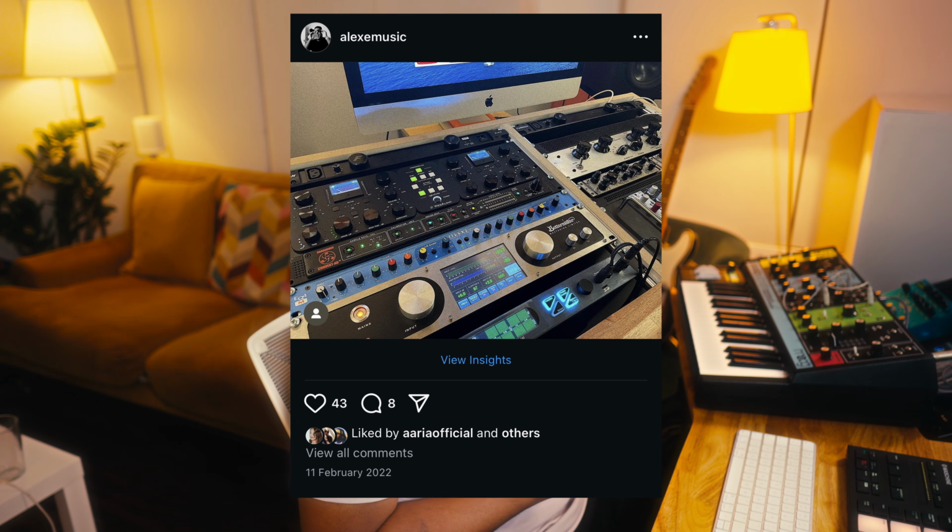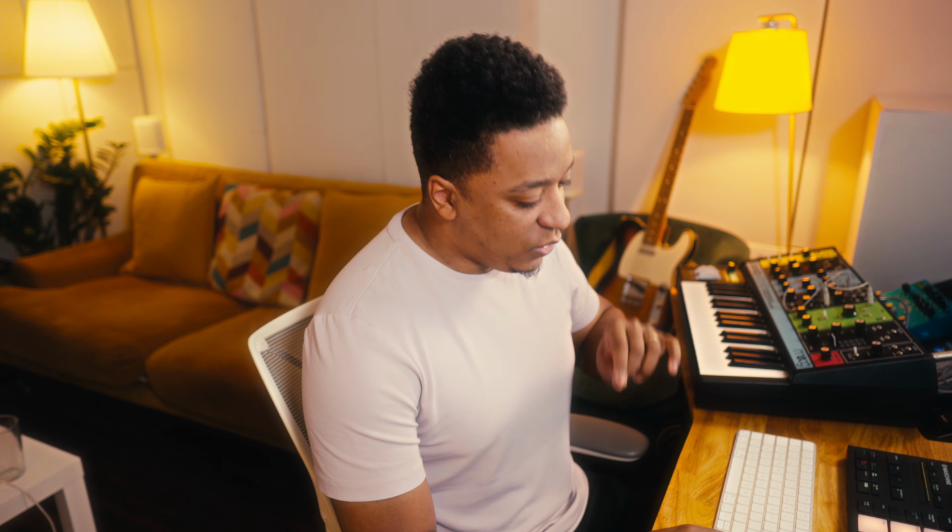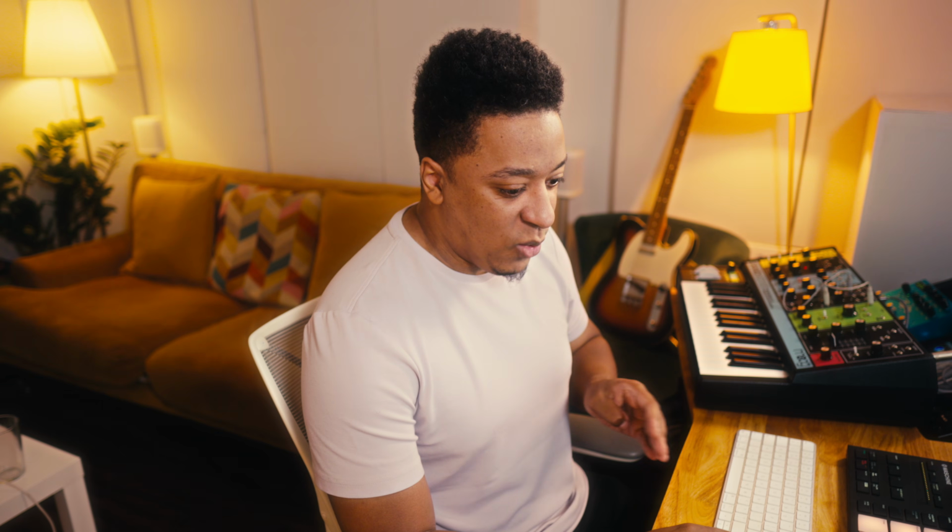Like, I had around 7 to 8 grand's worth of an analog chain. You need to realize that this plugin chain is keeping up with all of those things that I sold. I'll even add some videos so you can see the proof that I had all of that equipment. And getting these 3 plugins, don't compare them to other plugins. Don't compare the price to other plugins. Compare them comparatively, quality-wise, to hardware, because this guy's stuff just sounds incredible. Listen to what these 3 plugins are doing. So without it,